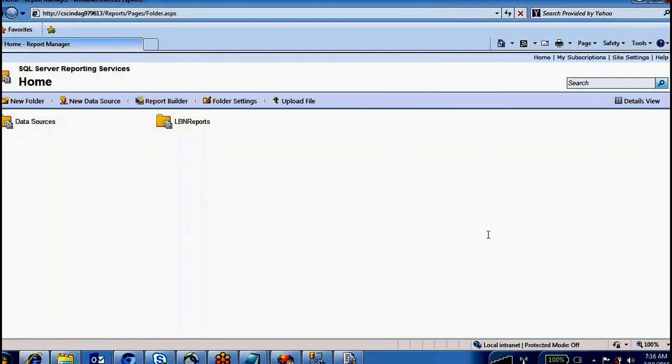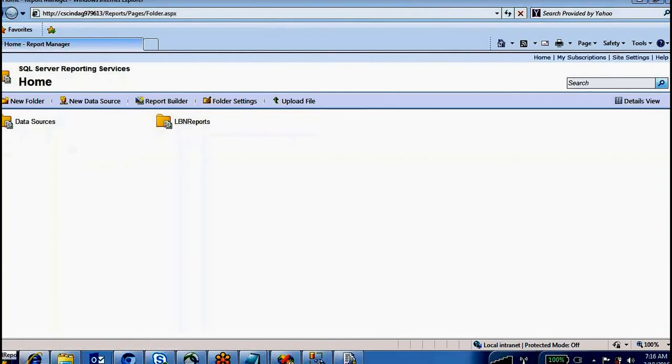The next step is security. How to give the security for this particular site. You are the user, you are the administrator, you can log in and access all these reports. But if you want to give permissions to other people to access and log into this site, how can you do it?